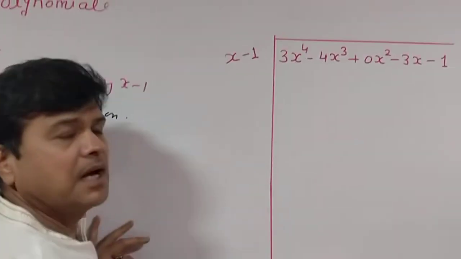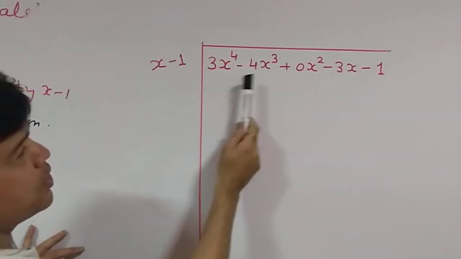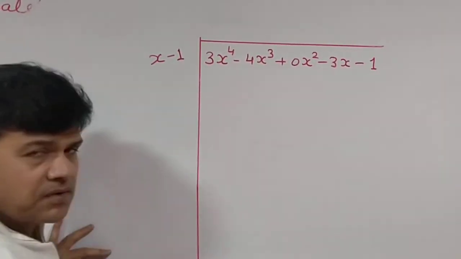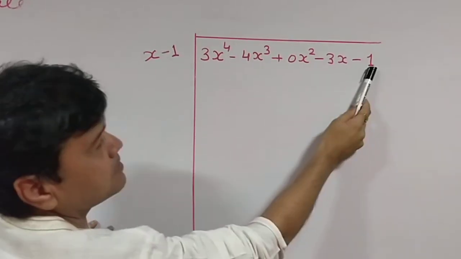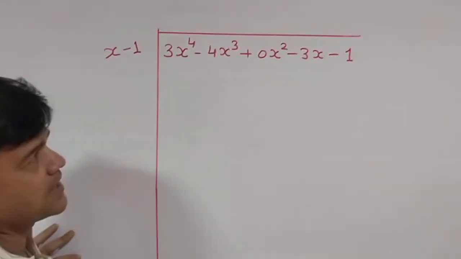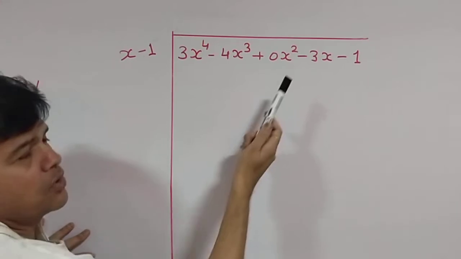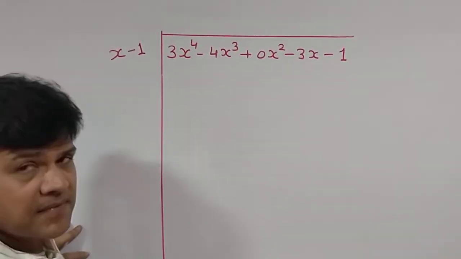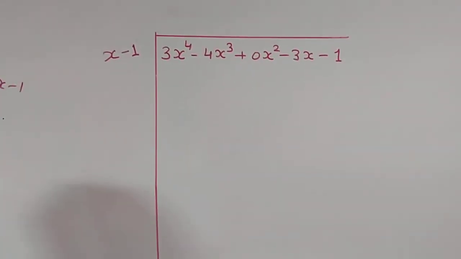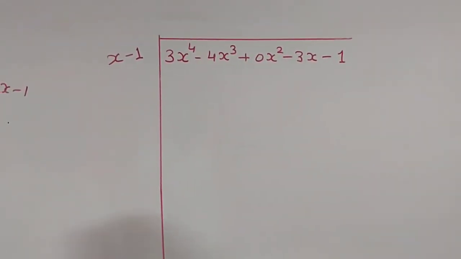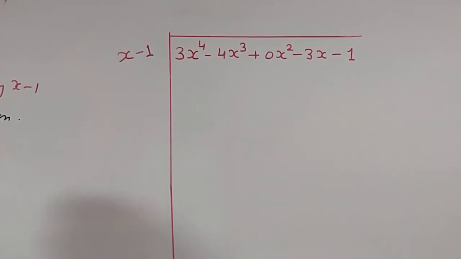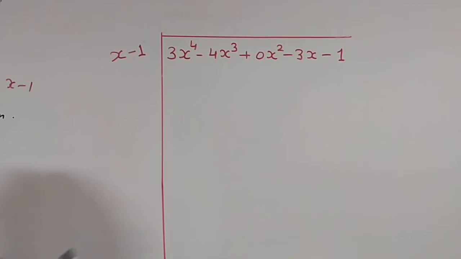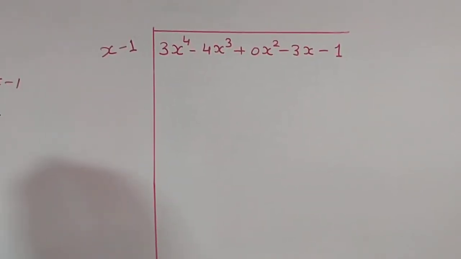So here see, how can you divide? 3x raised to 4 minus 4x cube. Now the term of x square is not given, so you can add 0x square, minus 3x minus 1. Why? Because 0x square is 0. You can add 0 because 1 plus 0 is 1, 3 plus 0 is 3. So you can add 0 to anything. So add here 0x square, and the sum will become easy. Now divide by x minus 1. This is the most important method. This is common in 9 and 10. In 10 there are many long division sums given.